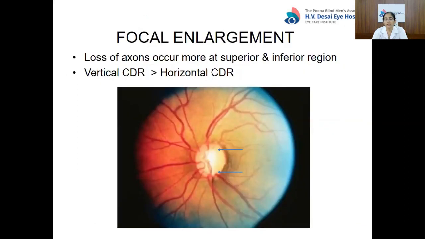As the retinal ganglion cells die due to glaucoma, there is thinning of the neuroretinal rim and enlargement of the cup. The disc changes in glaucoma are typically progressive and asymmetric. Focal enlargement of the cup is one of the earliest signs of glaucomatous damage. Loss of axons begins at the poles and the cup begins to enlarge towards the superior or inferior poles or superotemporally or inferotemporally, with resultant thinning of the neuroretinal rim and increase in the vertical cup disc ratio.